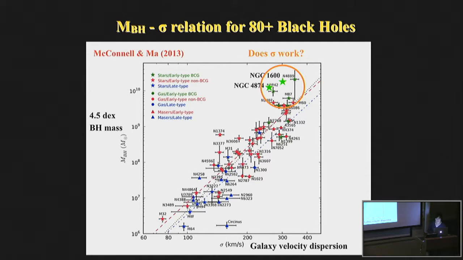So you may want to ask, is sigma a good predictor for the black hole mass? This time-honored sigma people love to use to estimate the black hole mass seems not to be working so well. That is to say, the black holes we are finding right now are all above that predicted by the sigma. And because these black holes are so big, their spheres of influence are really big, so we don't worry about not resolving the smaller ones.